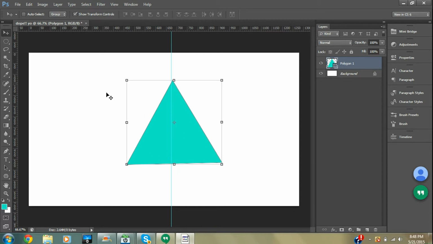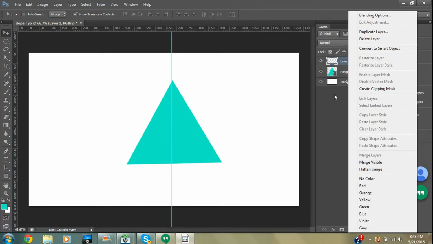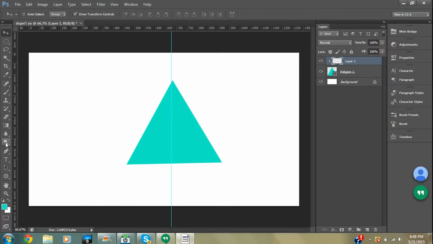Okay, so now what you want to do is make a new layer. Make this layer a clipping mask, and use the pen tool. So you pull out the pen tool, just the normal pen, and now you want to click the edge right here. Now you want to click the ruler right somewhere in the middle. It should be on the ruler. So now we're going to create up here,